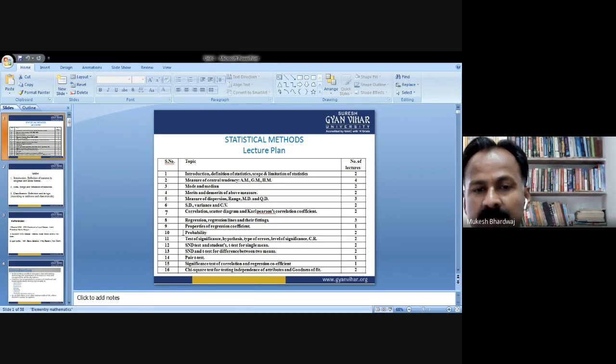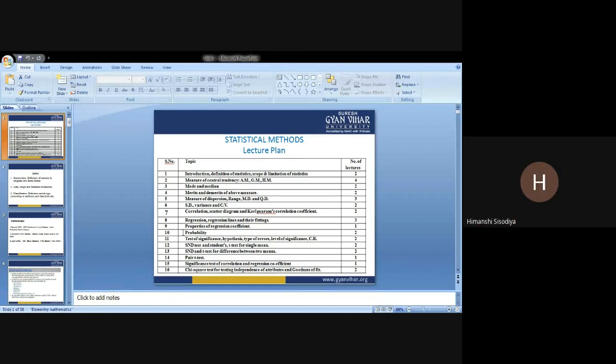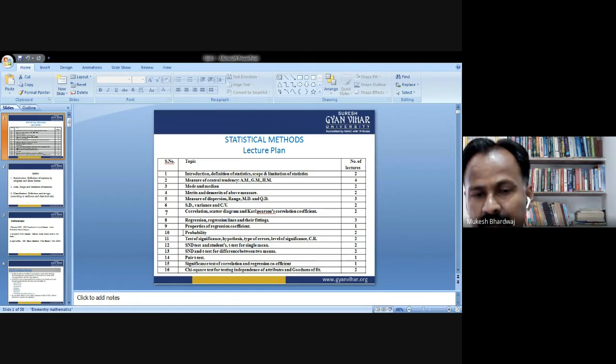And the 10th one is probability. Had you heard about probability? What is the literal meaning of probability? Can anyone tell me? Possibility. Exactly. Probability is the chance of a matter. That is, what is the possibility of the event happening? What are the chances of a particular event happening? And I hope that many of you had studied this probability topic in earlier classes.